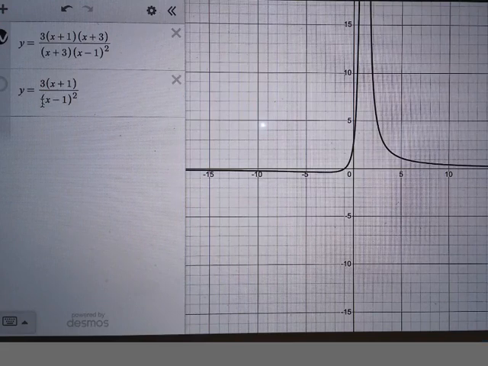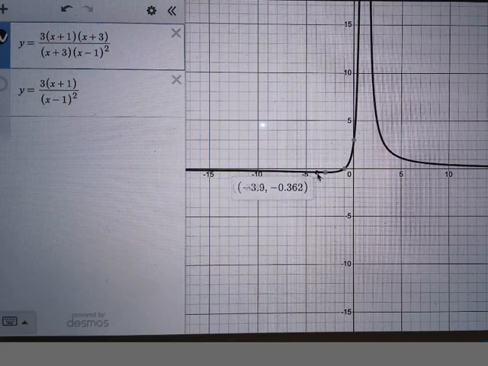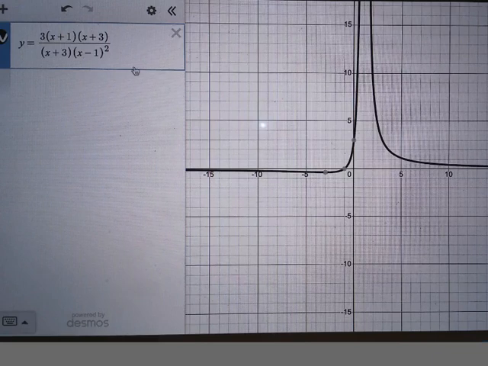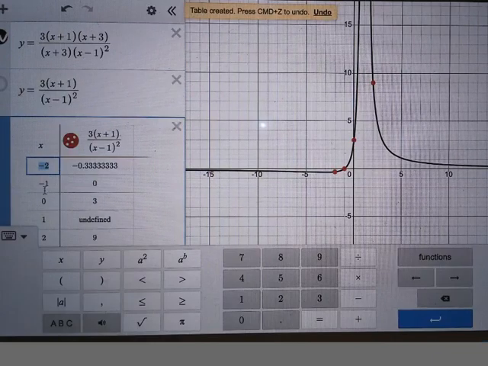This one I can. So if I want to know the value that is supposed to happen at minus 3, let's see if I follow this now. It's still saying that, and it shouldn't. It should say undefined. When I did the table, you saw it was undefined. This one would have it defined. What does it come up with for this? Oop, undo that. Table, and at minus 3,